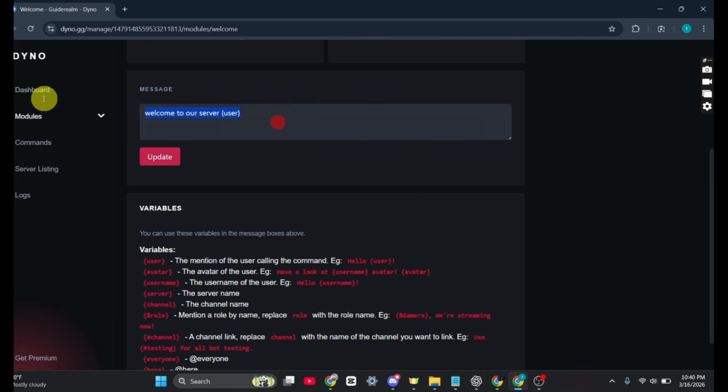For example, let's create our own one. Just delete the default one and just type hi, curly bracket, user, and close the curly bracket, and welcome to the server. Just type curly bracket once again and type server and close the curly bracket. The user variable automatically mentions the person that just joined, and the server variable will automatically display the name of